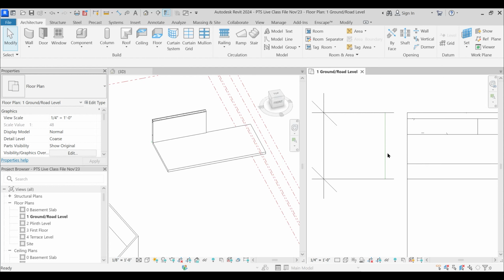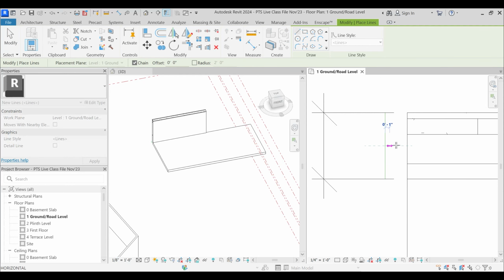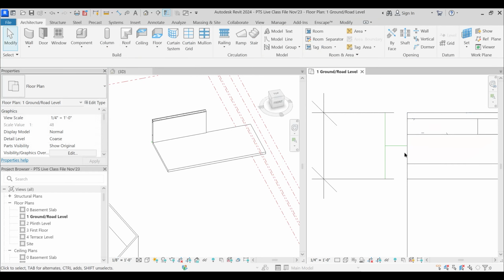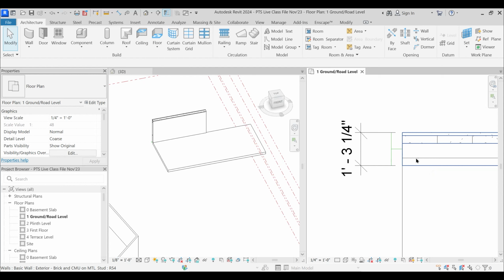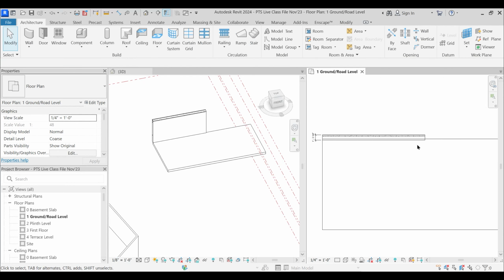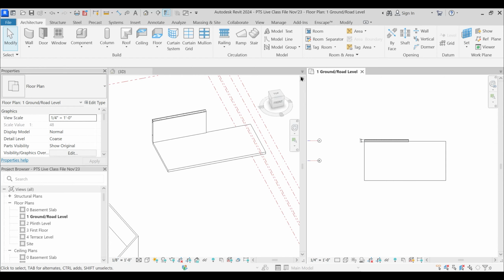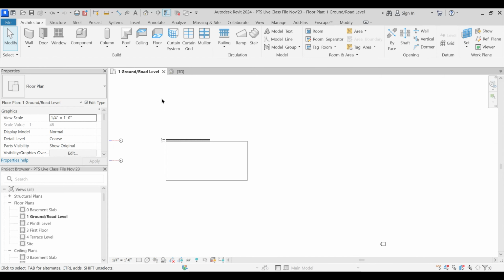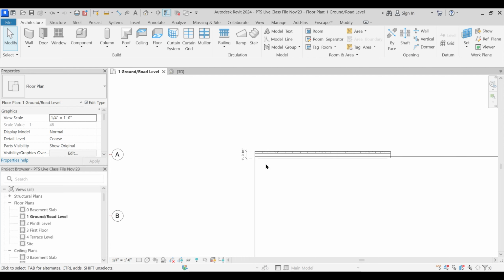And if I draw another line, LI, then you see the center of this particular wall is supposed to be this point, but it is snapping to this point. So why is it like that? What is it snapping to? Okay, I will just press TW so that we'll have an expanded view of that.